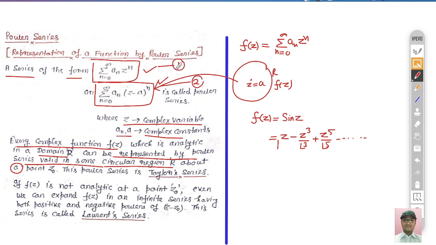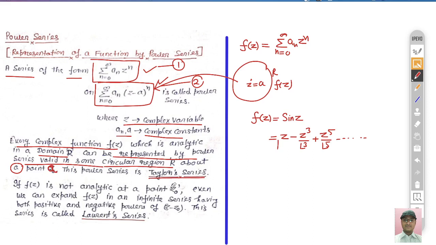So you can understand the power series of form 1 and form 2. If we expand the power series about the origin, it is equation number 1, right. If we expand the power series about some other point, that is a, then it is the summation for n from 0 to infinity of a_n (z minus a)^n. Here we expand about a point a. This power series is the Taylor series, right.